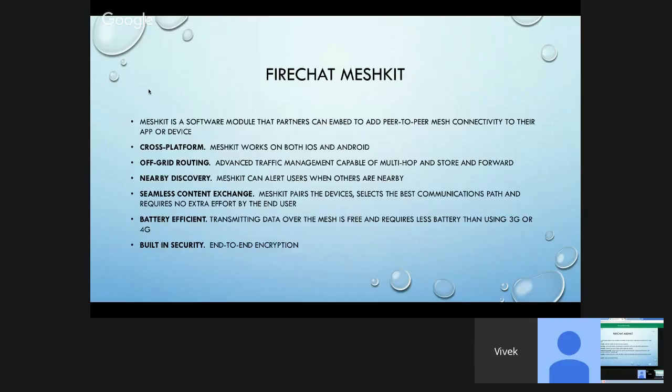It's battery efficient, it's free, and it doesn't use much battery. And for the security aspect, because your message travels through different phones, it uses end-to-end encryption so that the people whose phones the message travels through are not able to read it.